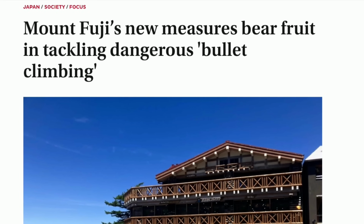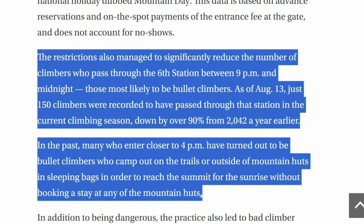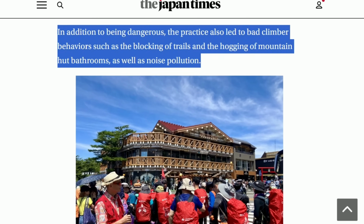More importantly, however, is that these recent restrictions have greatly reduced the number of bullet climbers, which have historically been known to be a big part of the Mount Fuji overcrowding problem. Bullet climbers are people who arrive at the trail with the intention to climb the mountain overnight and catch the sunrise in the morning. This style of climbing has resulted in many dangerous situations, with bullet climbers sleeping on